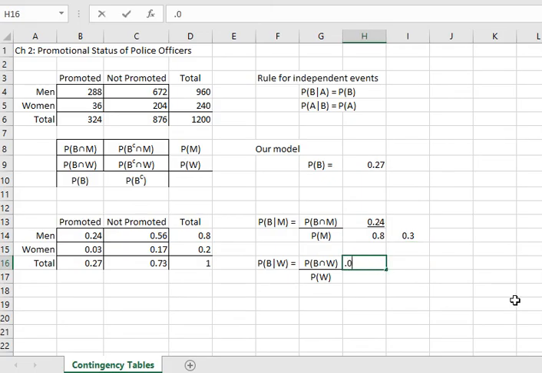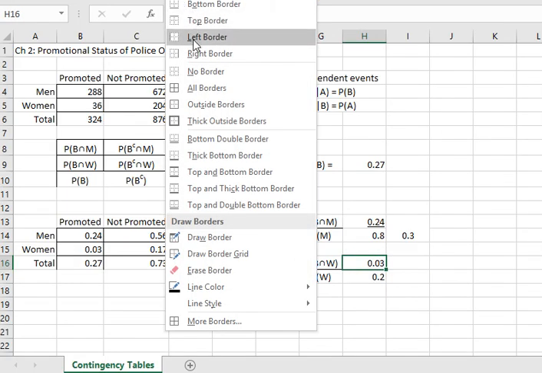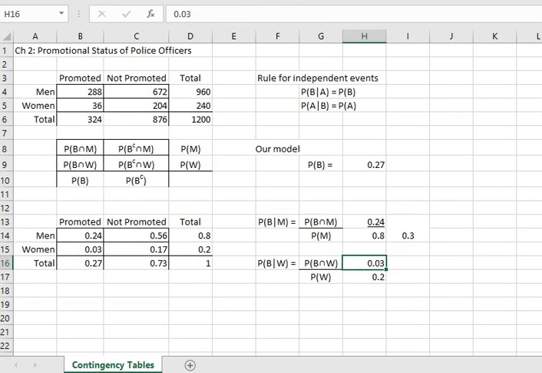Now we want to do the same thing for women. We have 0.03 and 0.2, 20% on our force are women. So I'll do the calculation right here. 0.03 divided by 0.2. Okay, so looking at these three numbers, 0.27, 0.3, and 0.15, we can see that these